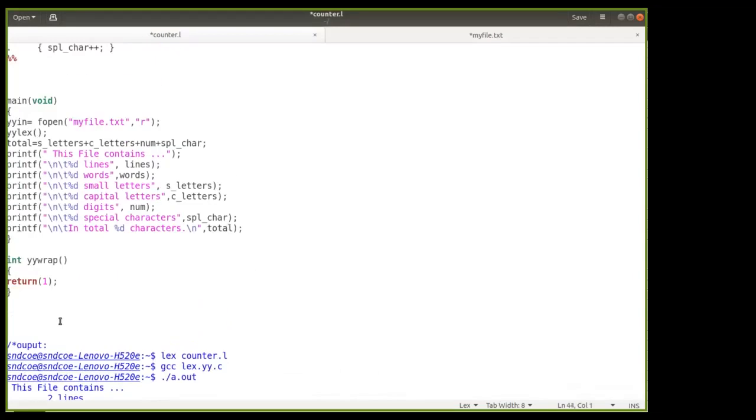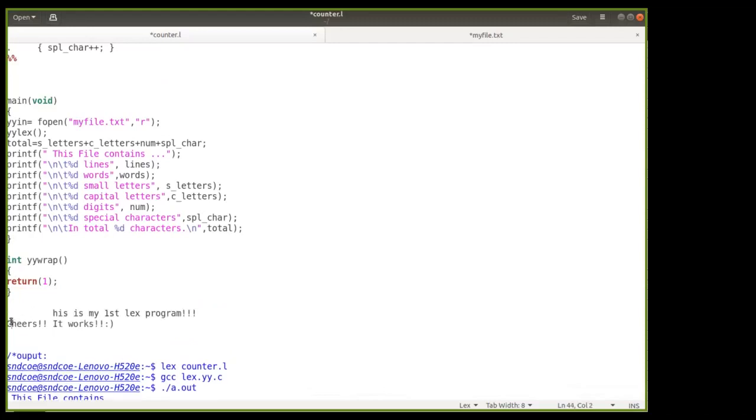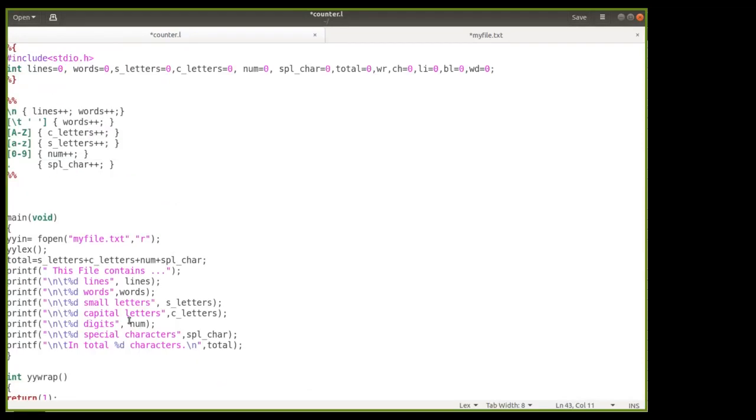Let me copy the input here, and let's see how this will be checked by our lexical analyzer.